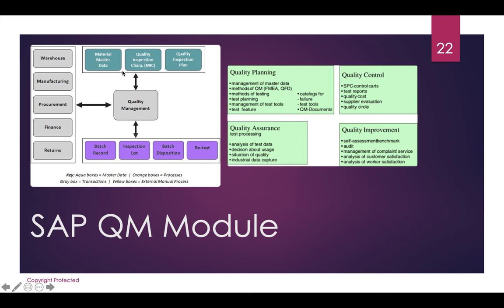SAP quality management also deals with master data like material master data. It has quality inspection parameters or characteristics on master data, and the quality inspection plan is on master data. It also deals with batch records. So what is a batch? Suppose for one particular type of item you have seen that the product is not up to the mark, then you can actually find out whether there is a problem for that particular batch.